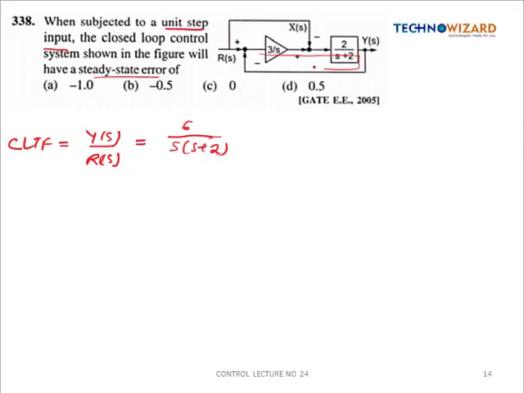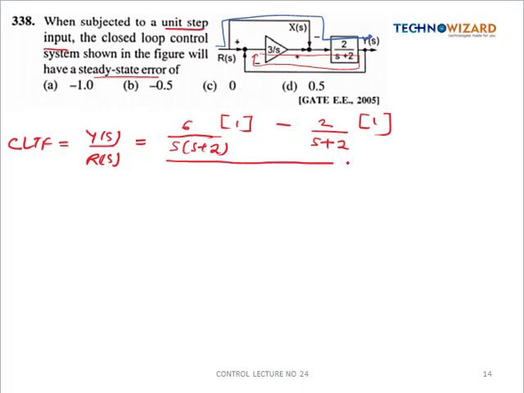Okay, this is one loop and this forward path is touching this loop, so the determinant value will be equal to 1. Now here there is also another forward path which is this. Okay, so this is another forward path whose gain will be equal to minus 2 by s plus 2. This is also touching all the loops, so its determinant value will be equal to 1 minus the sum of all the individual loops.